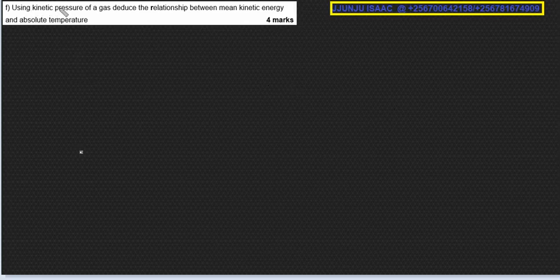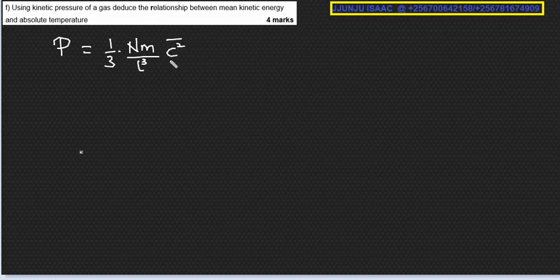We are going to use the kinetic pressure of a gas to deduce the relationship between the mean kinetic energy and the absolute temperature. So here we know that the kinetic pressure of an ideal gas is given by a third times the number of atoms multiplied with the mass, then divided by the volume. Now since this gas was in a tube, we shall take L cubed as the volume, then times the mean